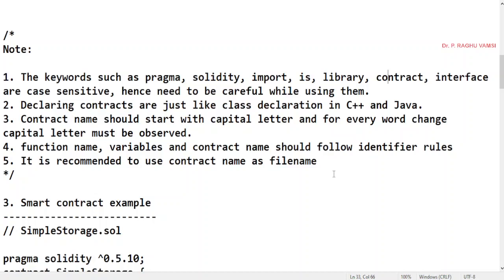This is the programming style, or you can say the naming conventions, that you must use in programming. Not only for Solidity, but for any other programming, especially where object orientation is involved, people use this.